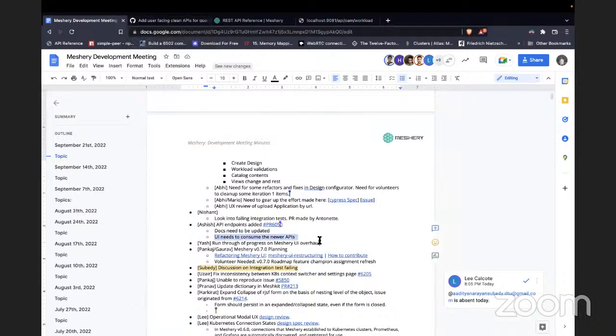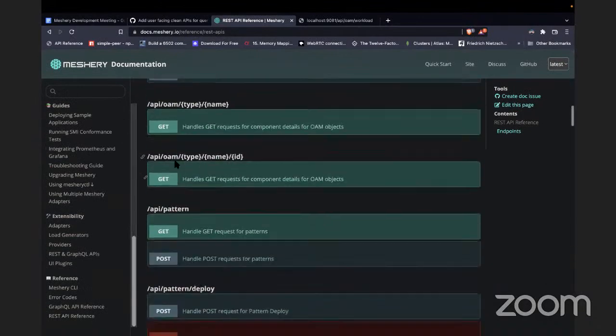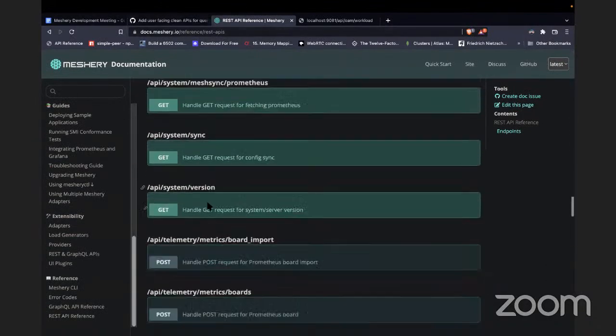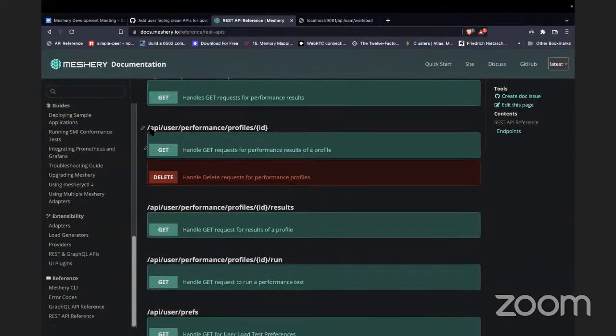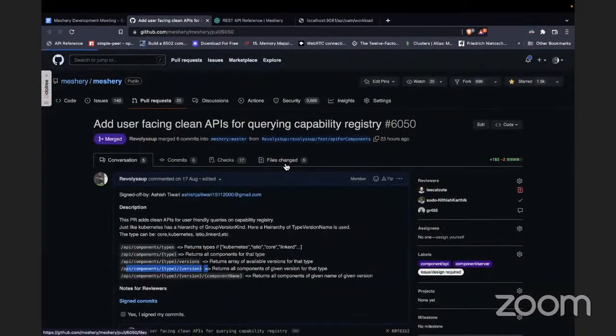I just needed to point out that there is an issue that needs to be opened for this, so that the UI can move towards consuming the new API endpoints. And I'll draw a flow diagram showing what endpoints would be used to fetch what, which would be a REST API. This doc would be enough to reflect that after it is updated. So yeah, this was the update from my side, and the action item is to update the docs with the changes that have been made inside of this PR.